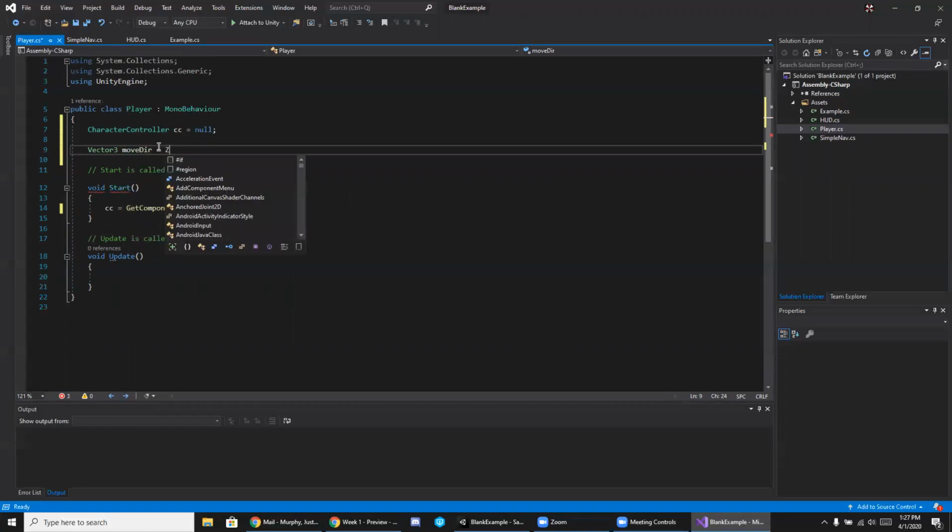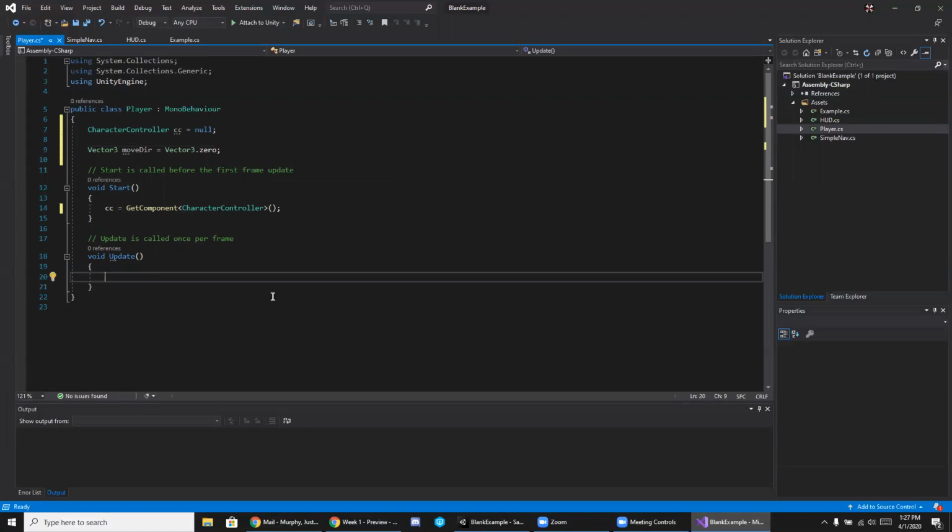We'll initialize it to a zero vector. Then in update, we can check the inputs and change movement direction based on which button we're pressing. So we'll say move dir